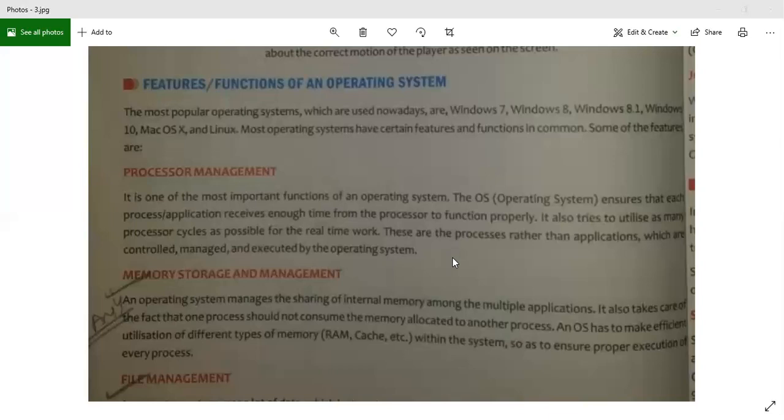So a computer system uses a lot of data which is stored on the secondary storage devices. The computer system keeps track of information regarding the creation, deletion, transfer, copy, and storage of files in an organized manner. So what does it mean? If I have a lot of folders in my computer or even in my phone, then the operating system on a computer or on a phone is going to manage those folders. It also maintains the integrity of data stored in these files, including the file directory structure.